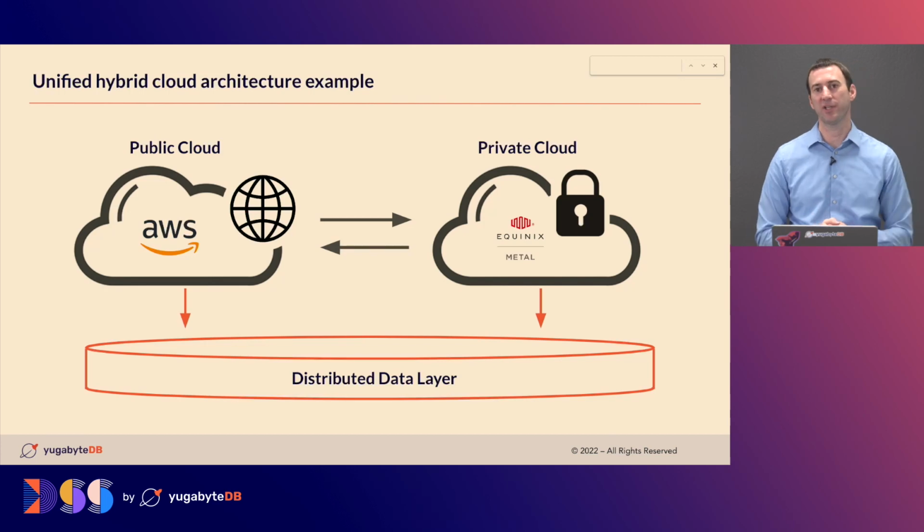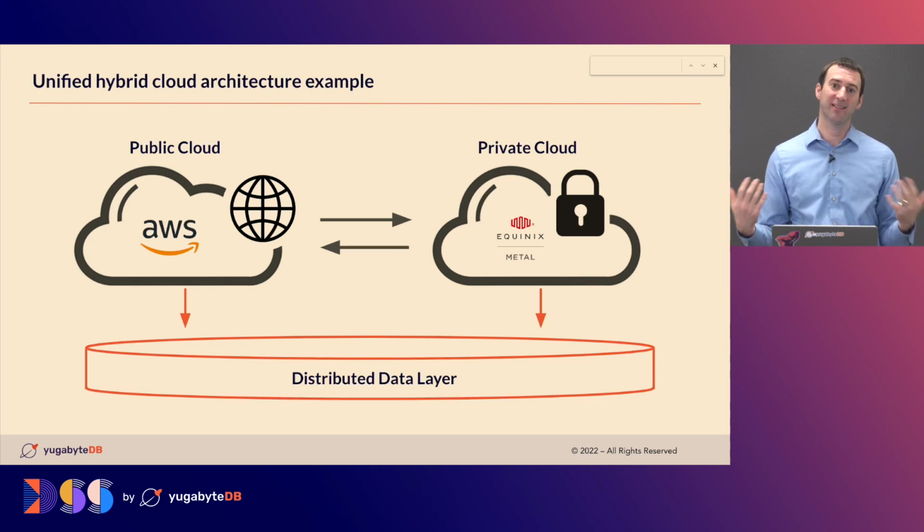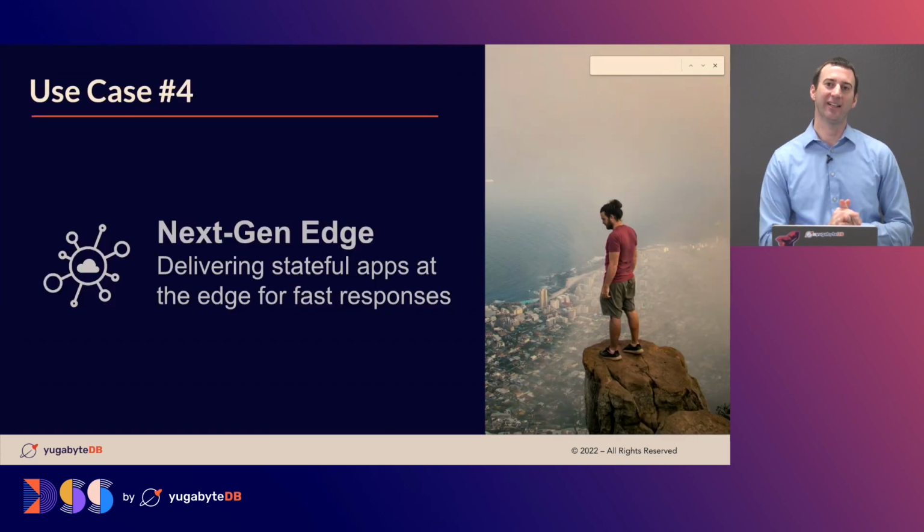We did a great example recently with some of our partners, AWS and Equinix, where we demonstrated that having this single unified database spanning both clouds, if we're writing data in AWS, we almost instantaneously see those reads in Equinix. So if you need to move those applications and maintain data between the two, it makes life that much easier. It's a single database that you're writing the code to, where that application runs, it doesn't need to know because it just sees this single logical data store underneath it.